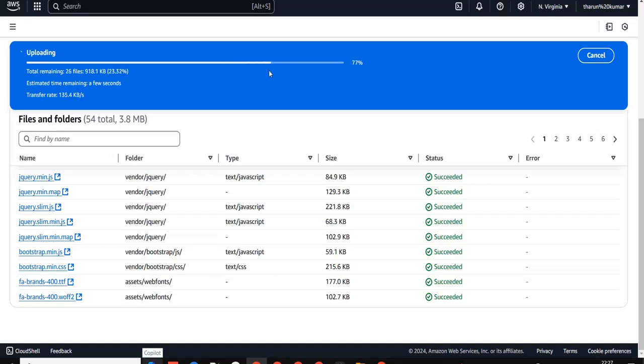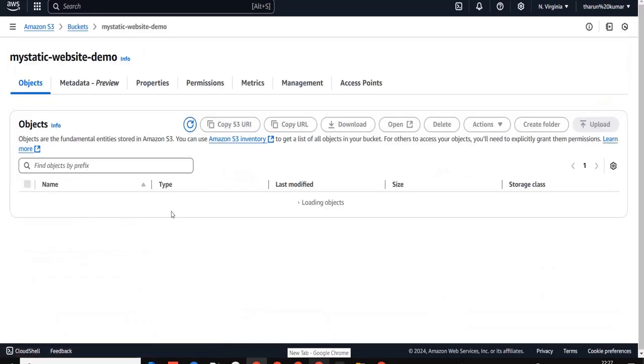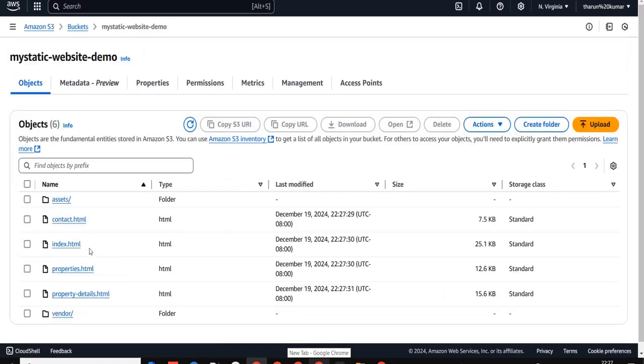Yes, it is processing. Yes, it's uploaded successfully. You have to go to this one, and you can see all the files are there.